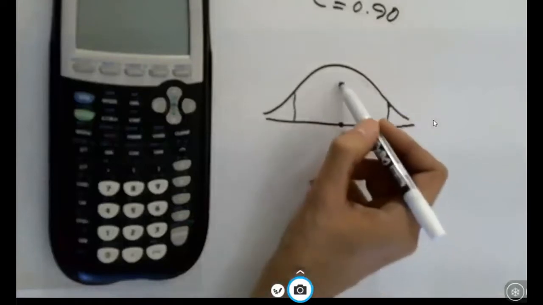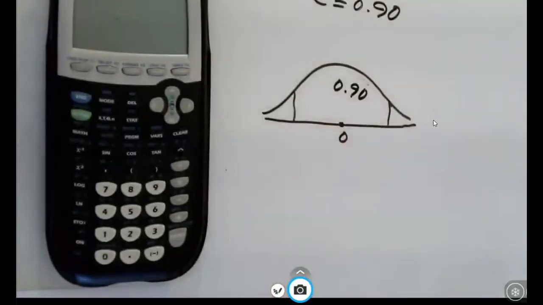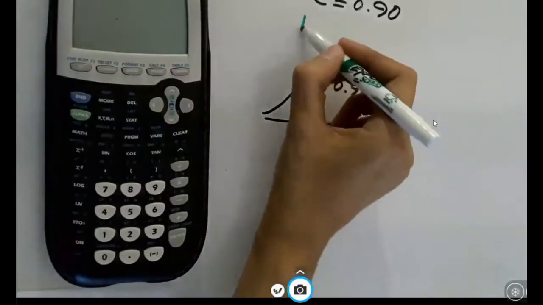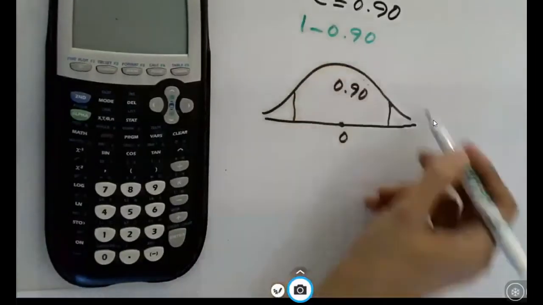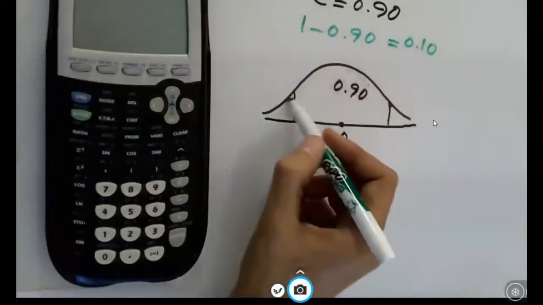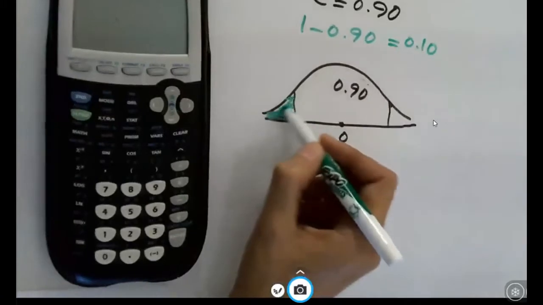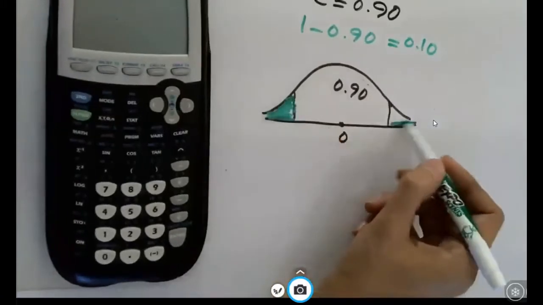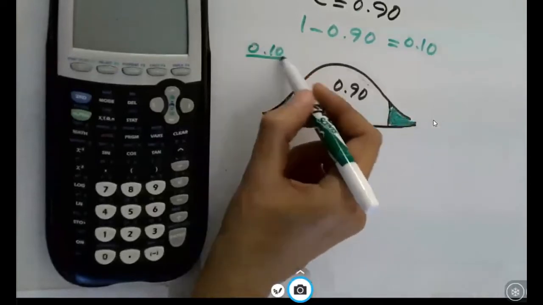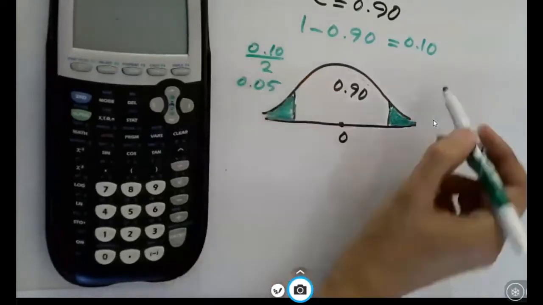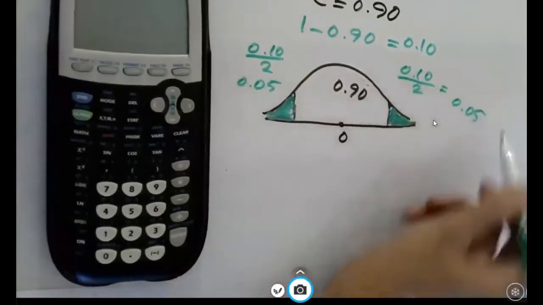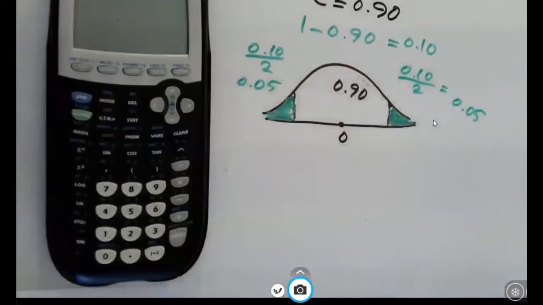Okay, so 1 minus 90%, or 100% minus 90%, is 10%. We divide 10% into 2 equal areas. So 10% divided by 2 is 0.05, and 0.05 on the other side. Now to find this z value,